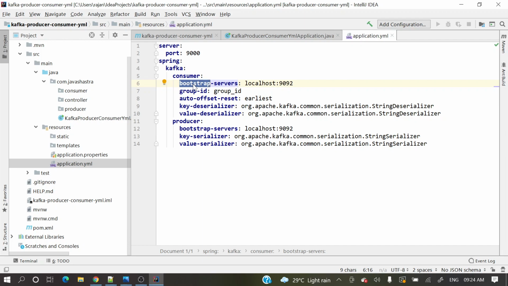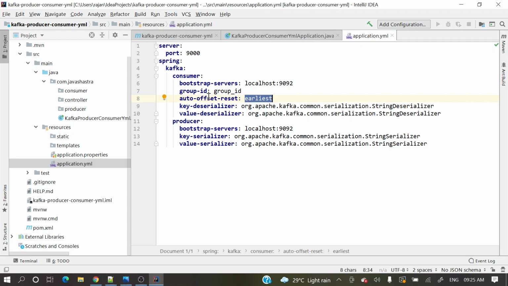By default, 9092 is the Kafka server port. This is the group ID I am taking, and then auto offset reset. This indicates that a lot of options are there, like earliest and some other options.